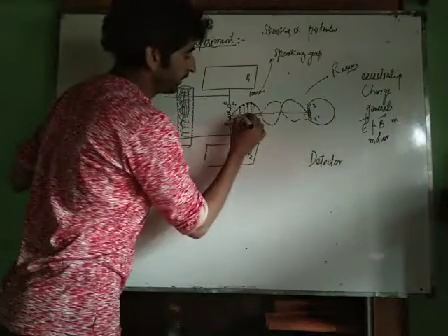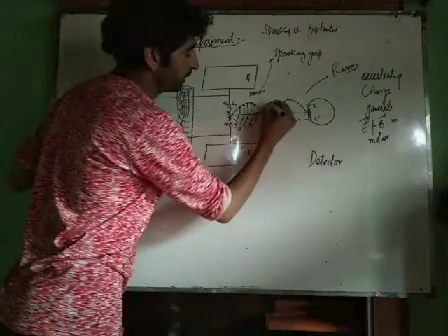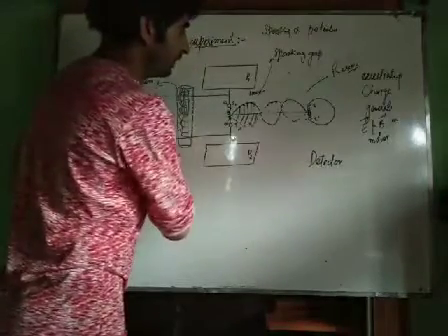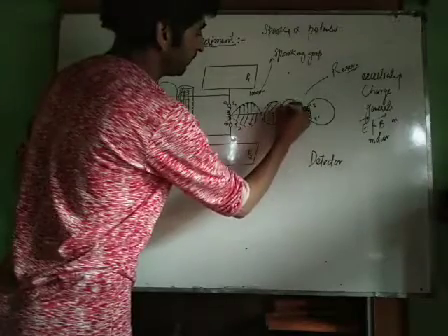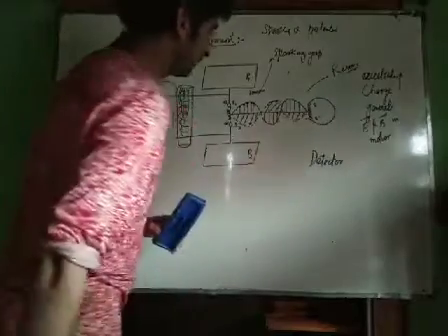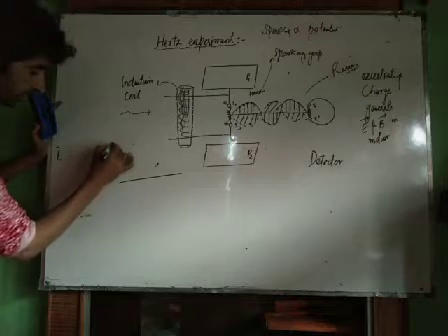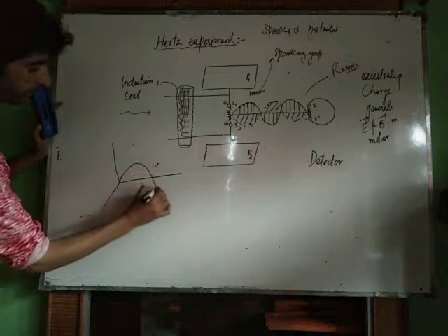And let this be the magnetic field component. These two components are mutually perpendicular to each other. This is the electric field component, this is the magnetic field component. Like this, this is the electric field component, this is the magnetic field component. Means it's like this. We have three axes: x-axis, y-axis, and z-axis. And our wave is propagating like this.